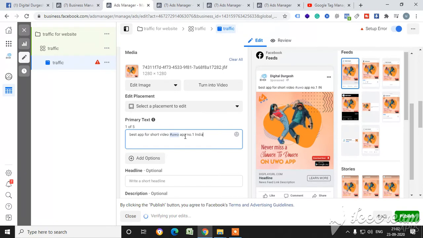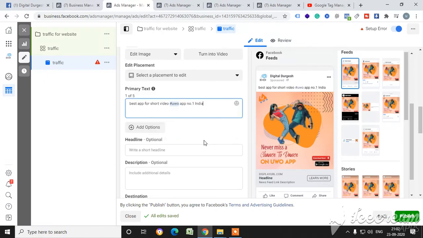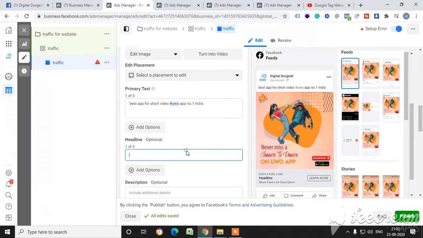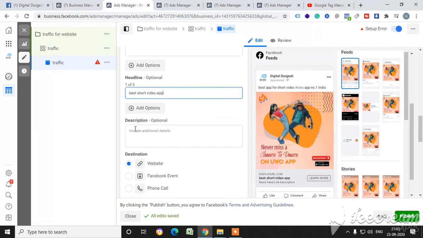See, you see like this, the primary text is coming on this. Then what you have to do, you have to give headlines, best short video app. See like this, it's coming here.